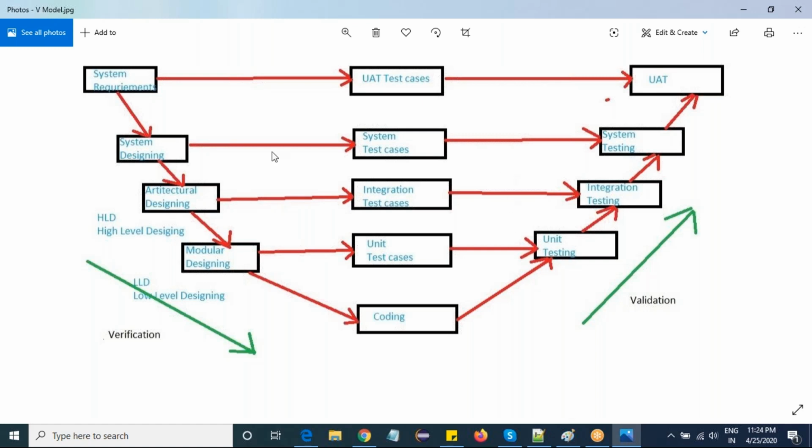The first one is system requirements, which is nothing but user requirements. In this phase, the QA team and developers try to analyze and understand what the user needs.